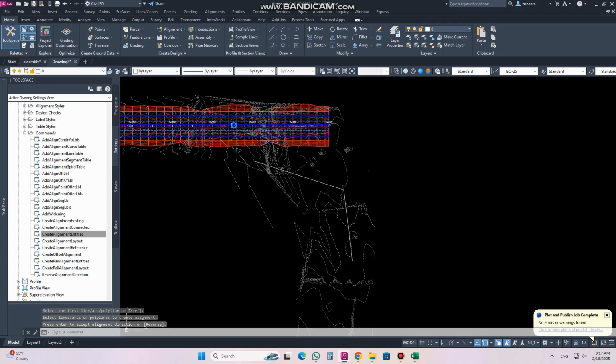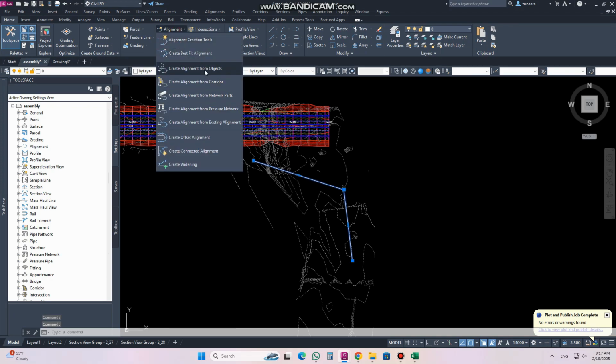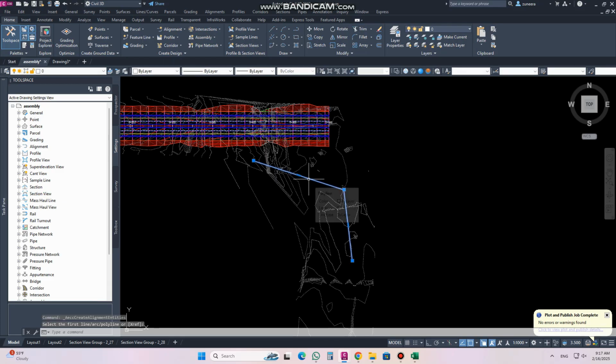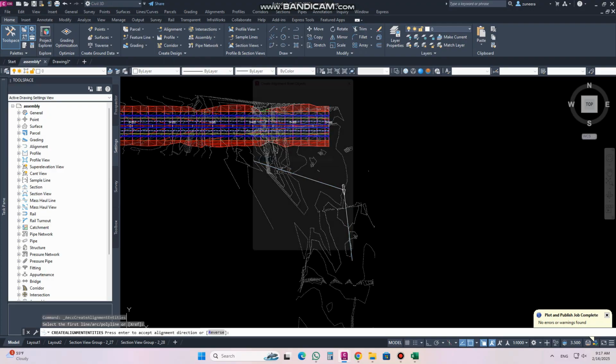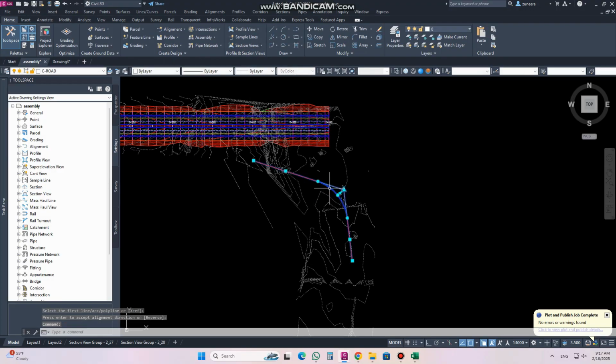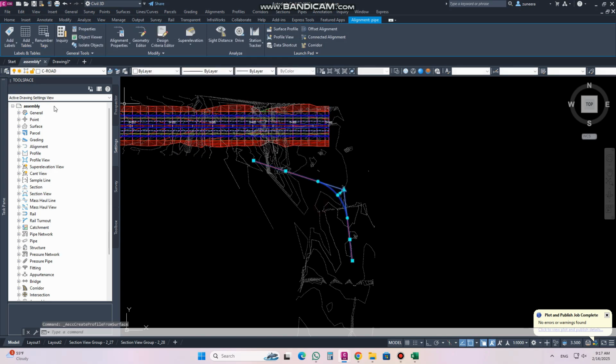Okay, the next thing here. When we are creating a surface profile from this one, you can see if I add any surface, suppose this one I add here, this NGL pipe appears here, and unfortunately we cannot change this name from here. So how will you control this name appearing here? Let's go to